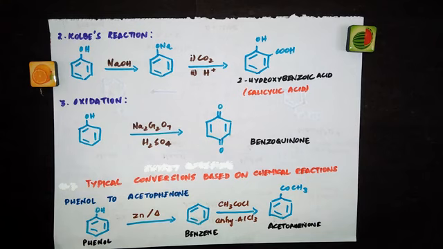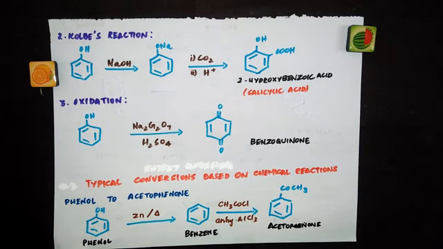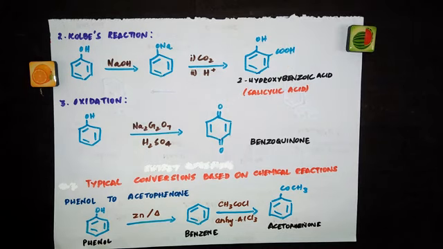But when you want to alkylate, what do we take? Instead of the COCH3, we just take CH3Cl, which is methyl chloride. If you take alkyl chloride, you can alkylate. When you take this acetyl chloride, you can acylate. But both take place in the presence of anhydrous aluminum chloride.